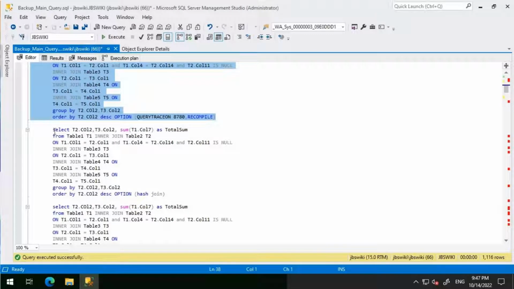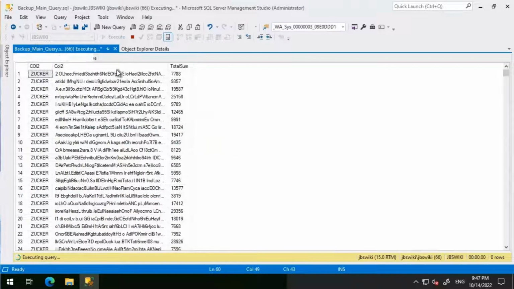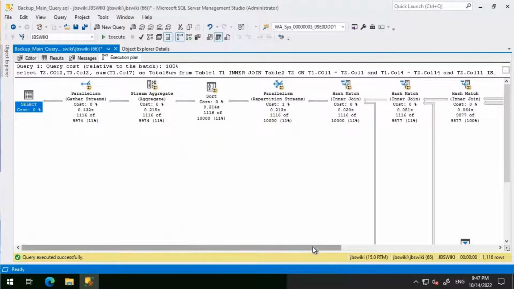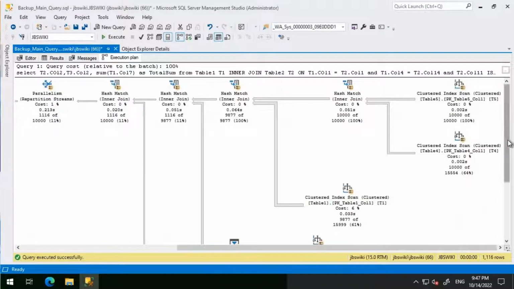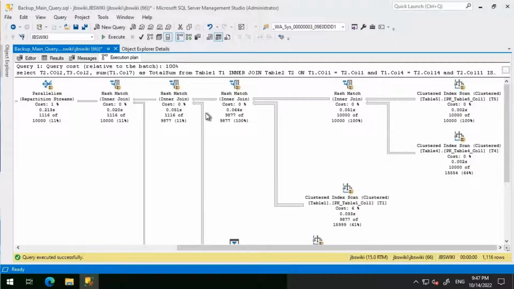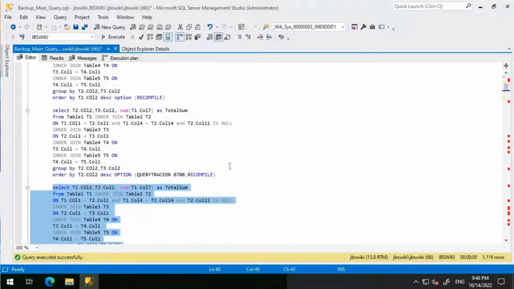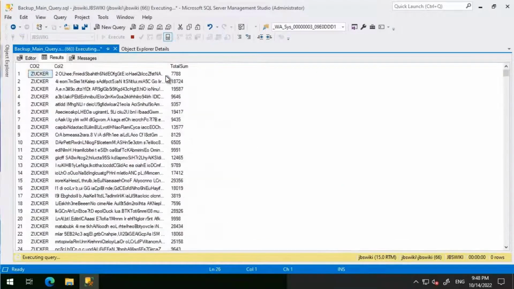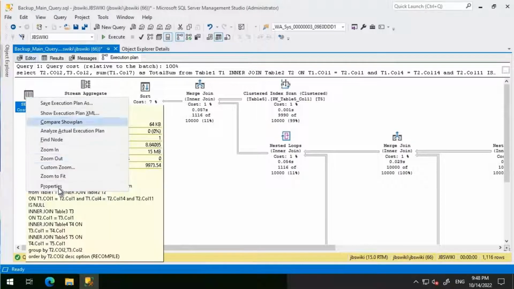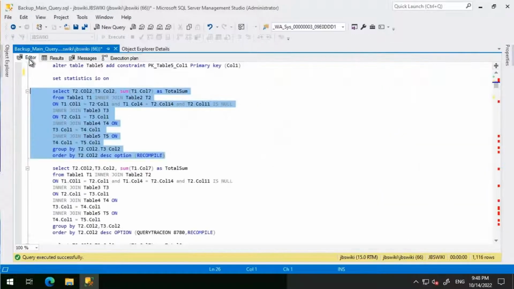The next one is this particular query where I'm forcing a hash join. Let's execute this query, and if you look at the execution plan, you will see that we have forced a hash match join. All the join operators would be hash match. Again, as I told you earlier, whenever you see the reason for early termination of statement optimization is set to timeout, that is when you will have to go for